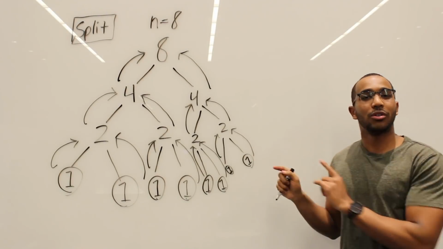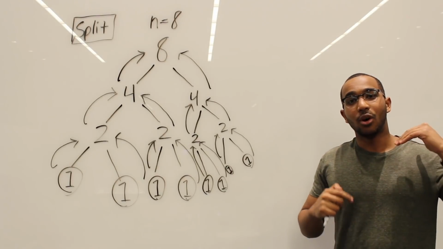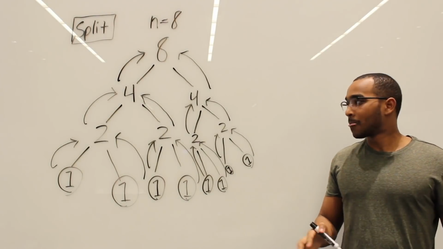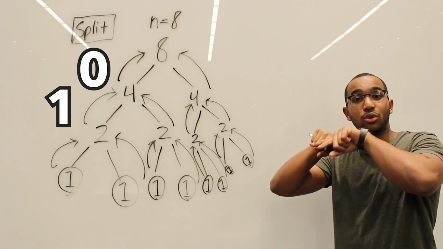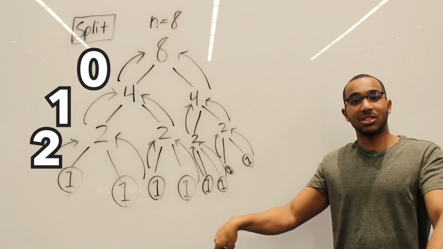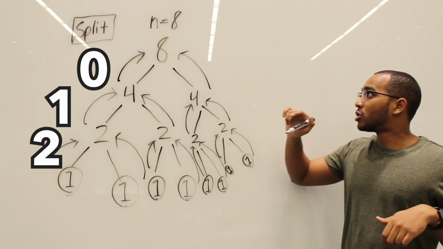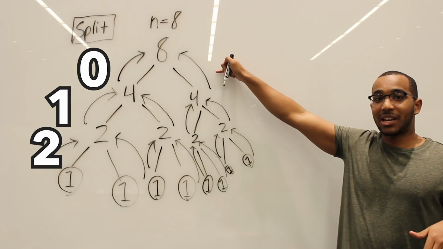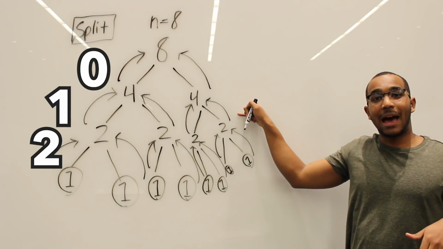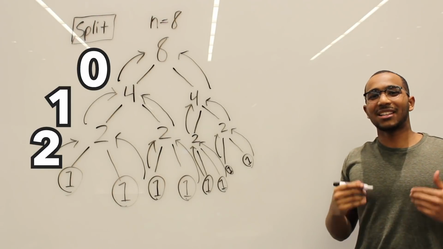And why I use concrete numbers is, I want you to see the mathematical understandings behind why we have a certain amount of levels. So how many levels do you see here? How many times could I do a forking? How many split steps could happen? And we're analyzing the split function. So we have n equals 8. How many splits happened? 1 split could happen, 2 splits could happen, and 3 splits could happen. What does that say to us?